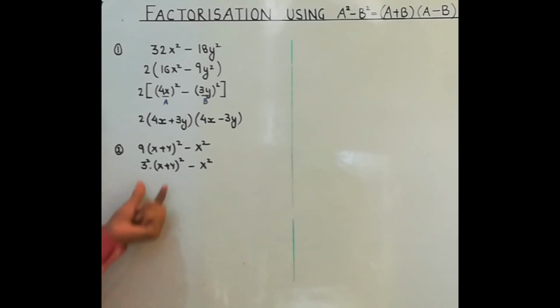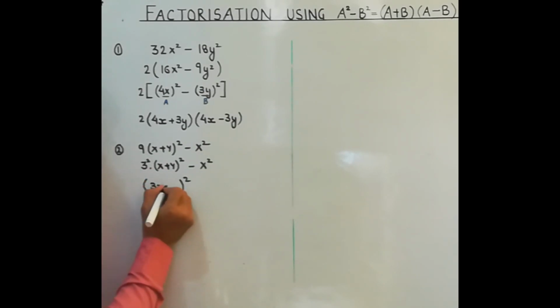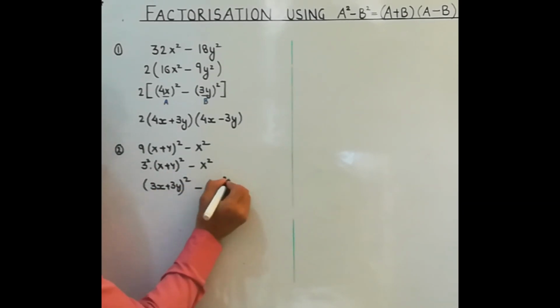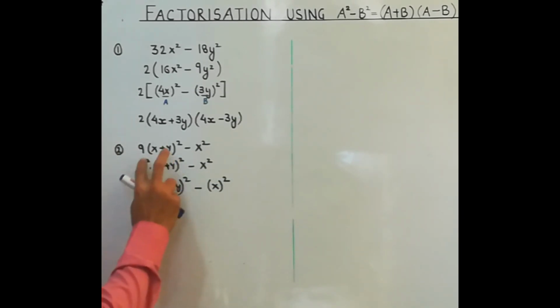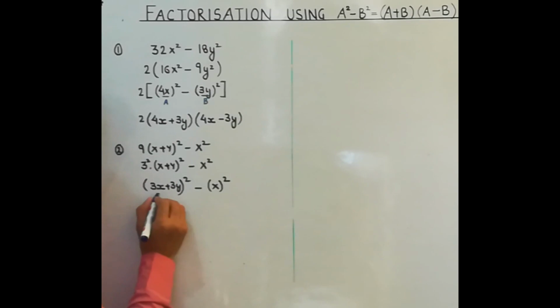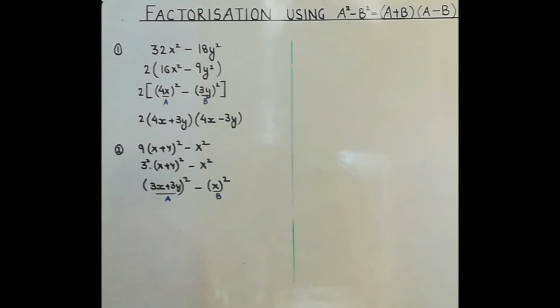Now if you find a product in squares, you will take the square common like this and multiply these two terms. So this becomes 3x plus 3y, minus, this can be written as x square. Now see what we have done. We have converted these two terms as a difference. This is the difference of two squares. So this first one will be read as a and this one will be read as b. So we have got the a square minus b square form.